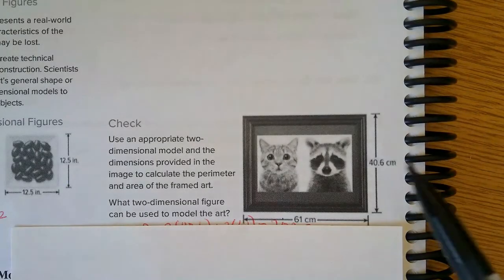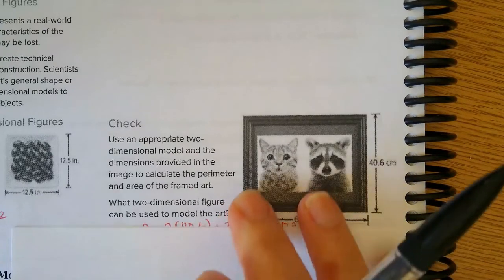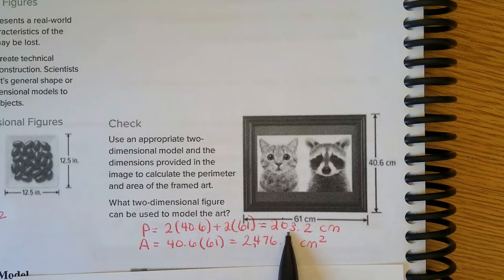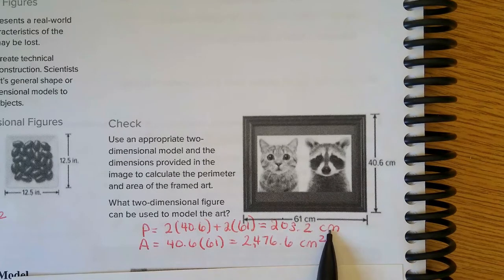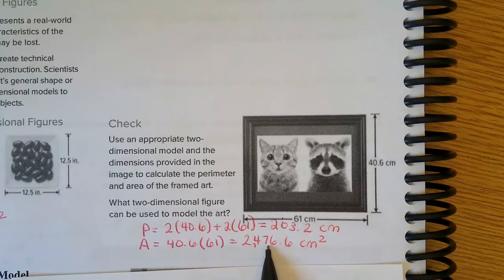So in this question, you've got framed art. It looks like we have a rectangle, so I'm using the formulas for a rectangle. I did 2 times my width plus 2 times my length, and I got 203.2 centimeters. Then to find the area, I'm doing length times width. So I'm doing 40.6 times 61, and I get